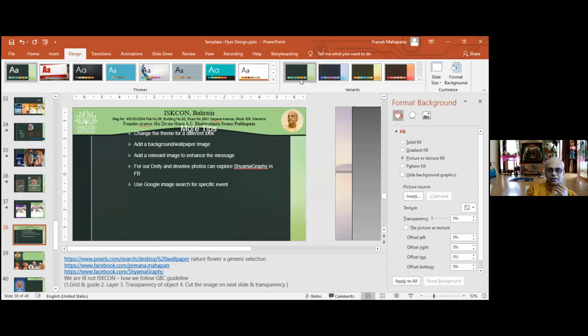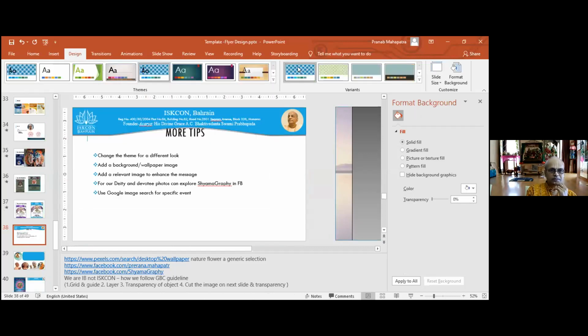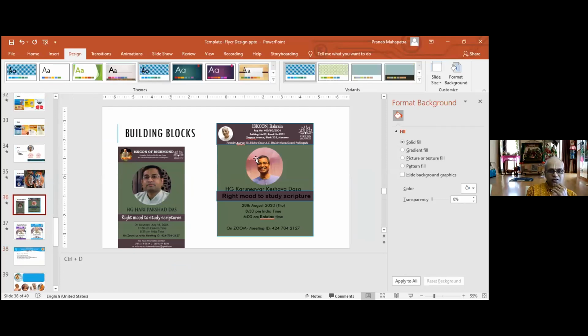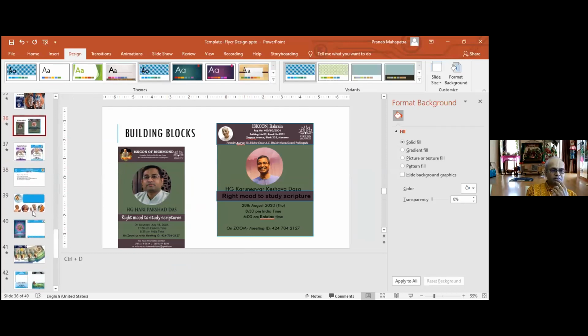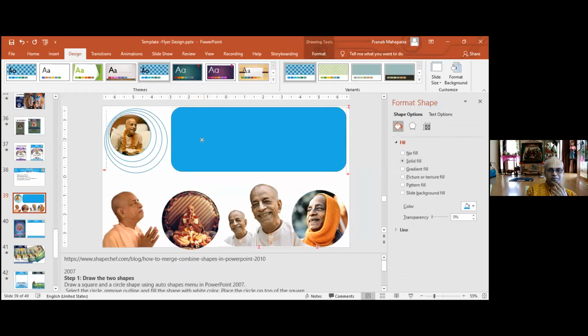Okay, so let me go back to whatever I had before. So the thing is, when we were designing this space, I just had ready-made things like the ISKCON logo, Prabhupada was there, and this Prabhu is there. But then how can we make our own things, because we will not be getting things ready-made, right? So this is what it says for Prabhupada. I have taken from different places, different Prabhupada, and I don't remember why I put this one here. Anyway,